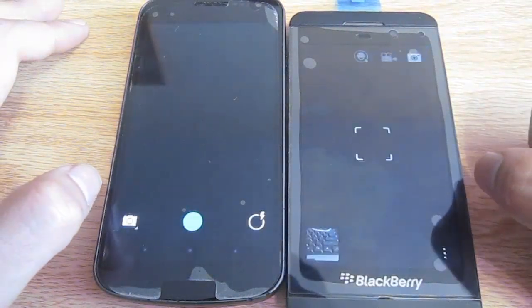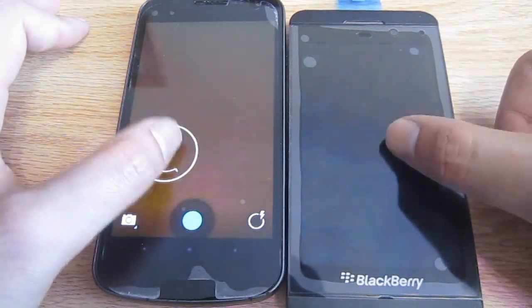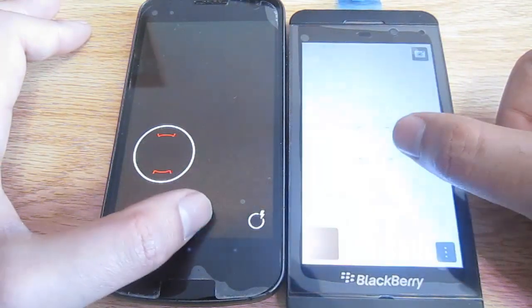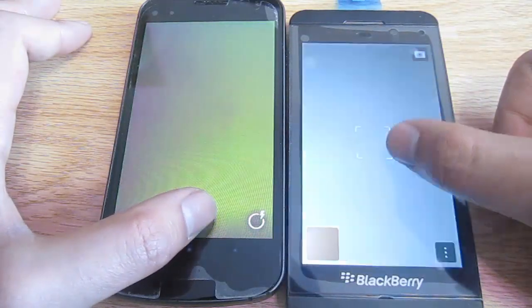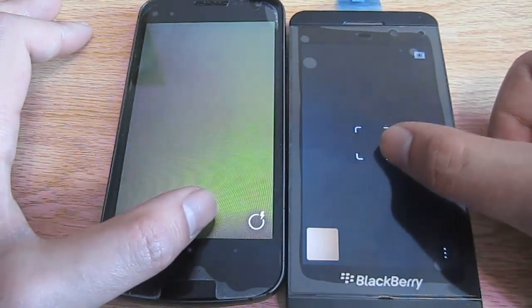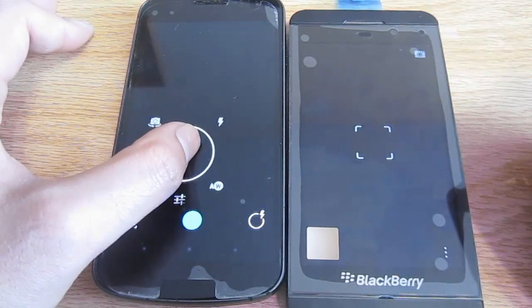Let's take a look at the camera. I found the shutter speed on the Galaxy Nexus faster than it was on the Z10. The Z10 was super laggy for some reason. If you just take a look at the flashes that are going on with the Z10, it's laggier than the Galaxy Nexus. I'm going to try switching the camera to front facing